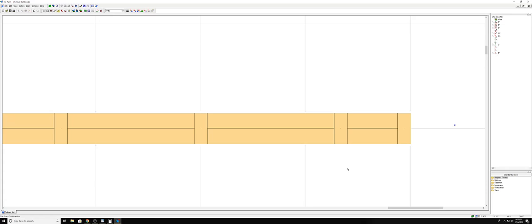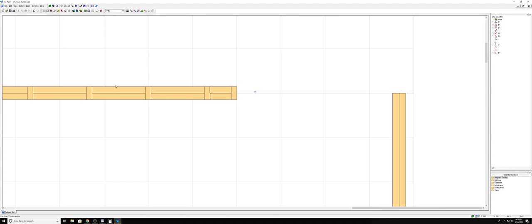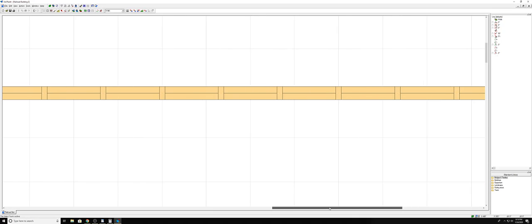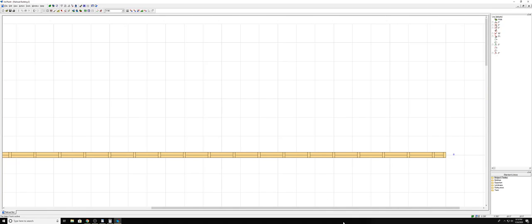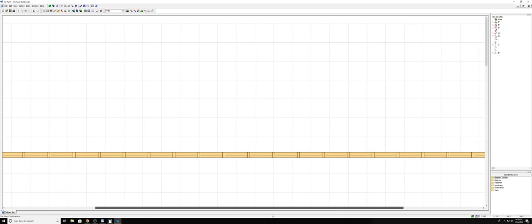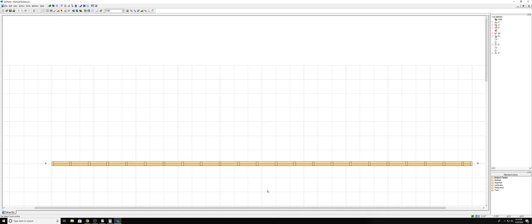Okay, sweet. Now we have all our 2x4s on this board. Okay, so let's go ahead and save it. We'll zoom out. Okay. And then